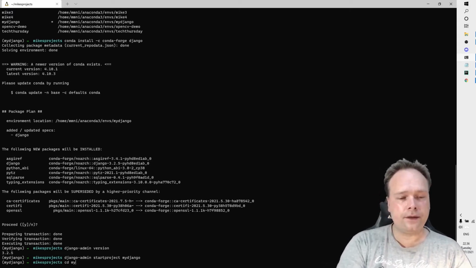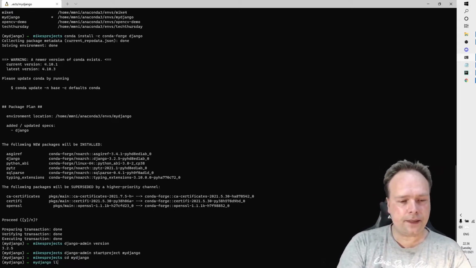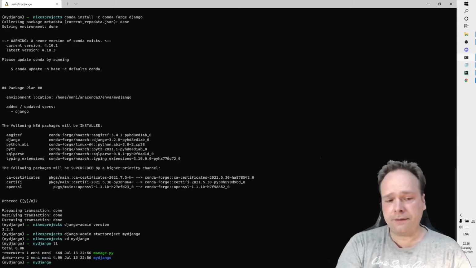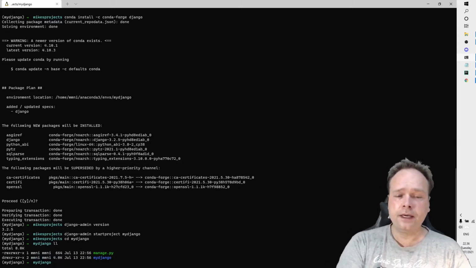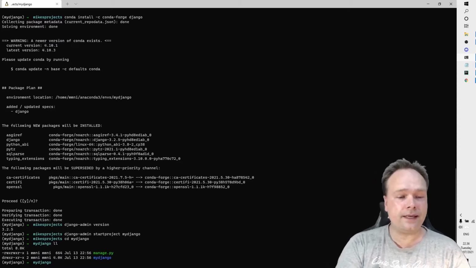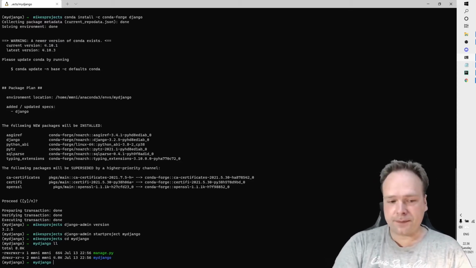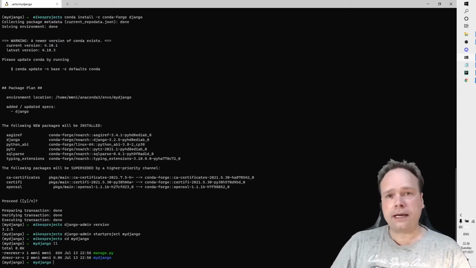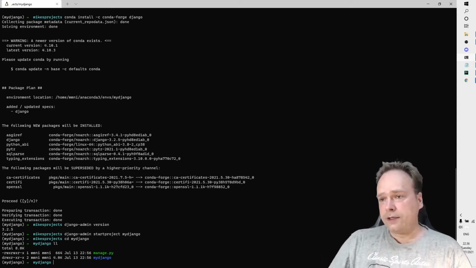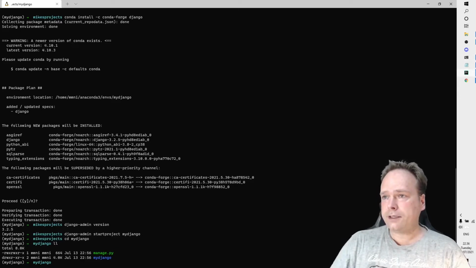Then I got a new directory called my Django, and we actually already have some files in there. We also have a directory called my Django inside the my Django project. Now I want to start up my PyCharm. So I've already installed PyCharm, and I've also prepared it, but I want to open up this new project right here,